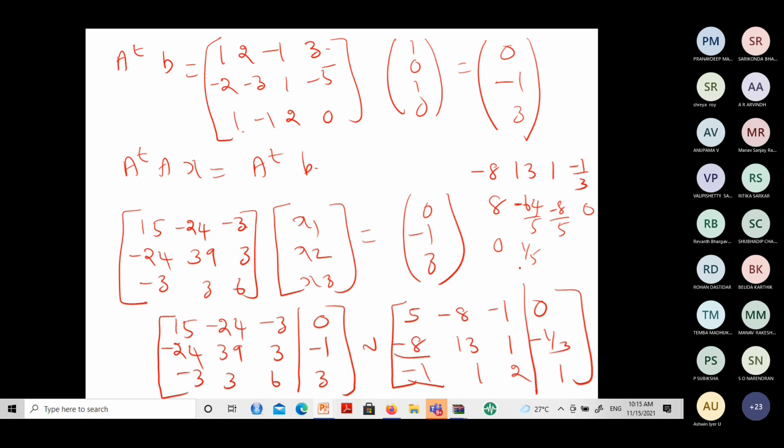Ma'am, what did we do in the last line? What I am doing is, here I am going to apply Gaussian elimination. So minus 8 and minus 1 have to be made 0. So how to make that minus 8 0? Your first row should be made as what? 8 by 5 times R1. Yes. Ma'am, I'm asking why we used plus R2.